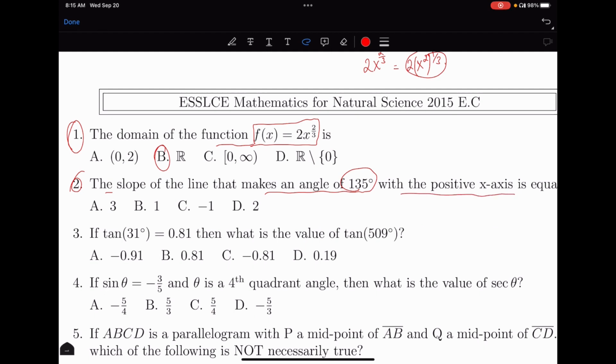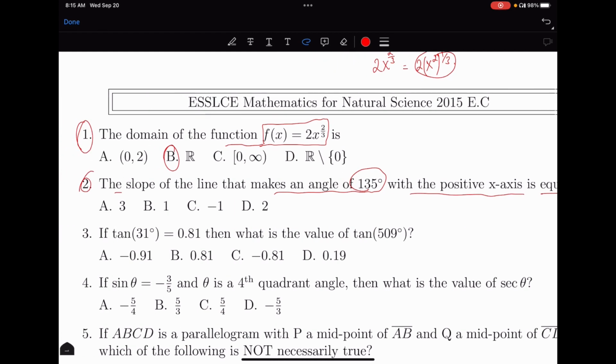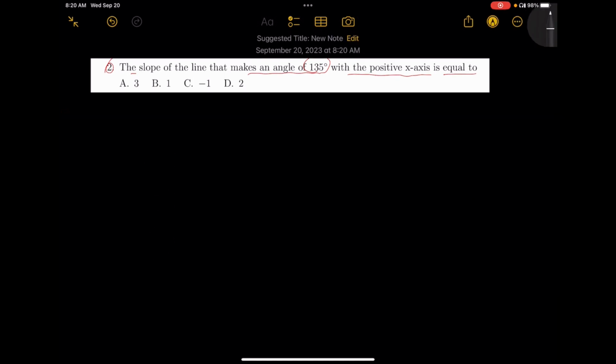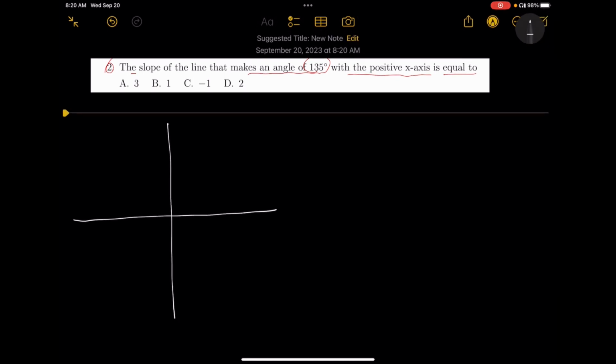ሁለተኛ: the slope of the line that makes an angle of 135 degrees with the positive x axis is equal to what ነው? ኦኬ ለዛ ላይኑን መጀመሪያ እንሳለው። እዚህኛው ጥያቄ ላይኑን ስንስለው እንዴት ነው የሚሆነው? መጀመሪያ 135 ዲግሪ ሰከንድ ኳድራት አንግል ነው ራይት? ለምን ከ90 ዲግሪ ይበልጣል እና ከ180 ዲግሪ ያንሳል።